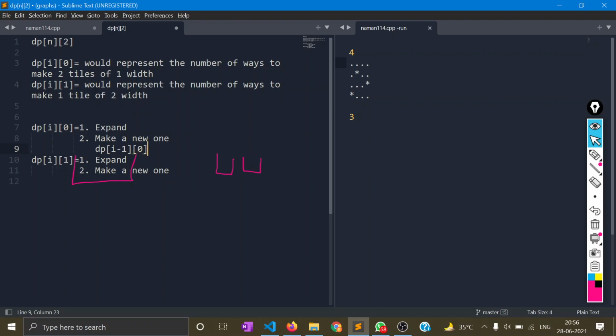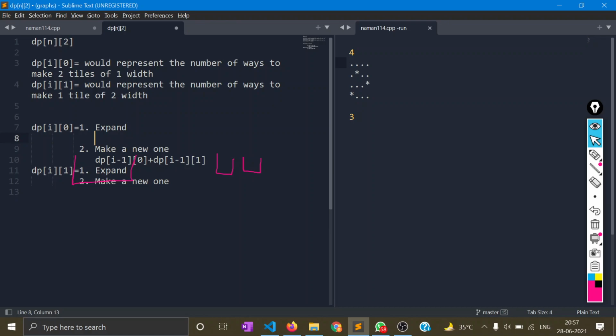one position. It was a one cross one, it was two tiles of one or one tile of one. It doesn't really matter because we are making a new foundation, right? So it doesn't really matter what was the state of I minus one position. So we just add both the states of I minus one position. But